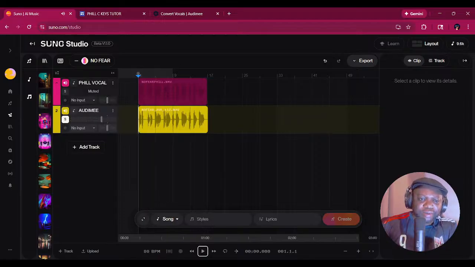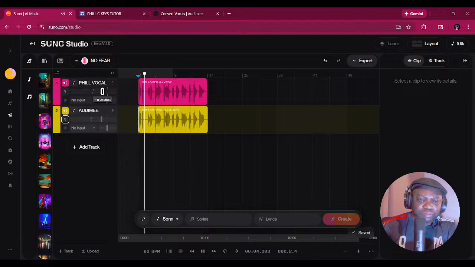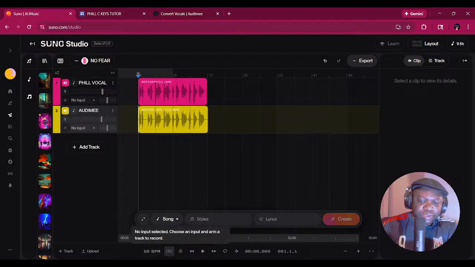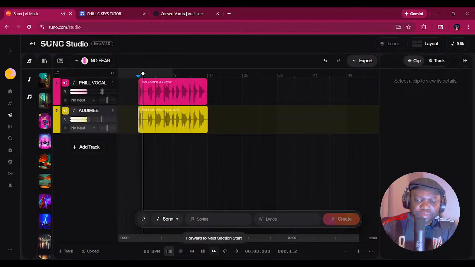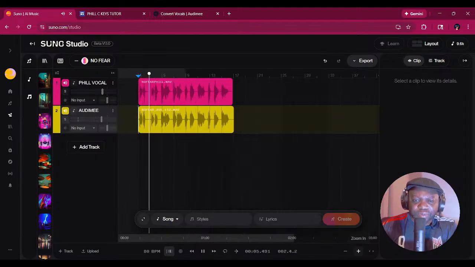Alright, so when I have the two vocals together, I have a lower and an upper. So I got these two vocals. That's going to be the bass. Now, if I put on the metronome, let's see. You can hear that metronome under.